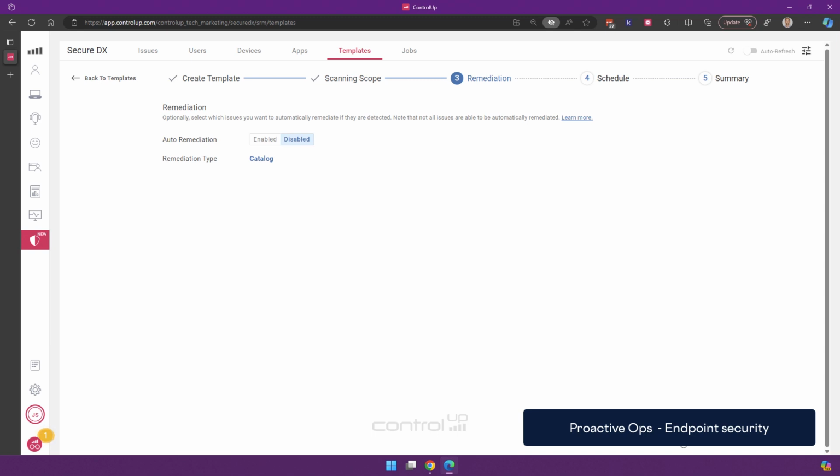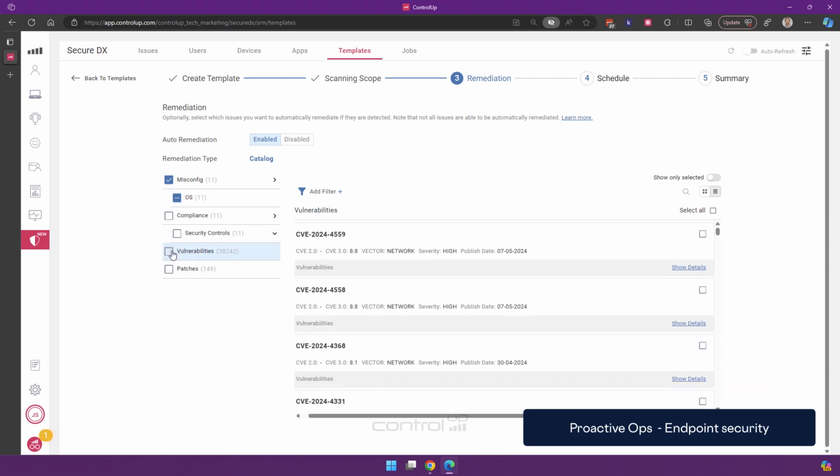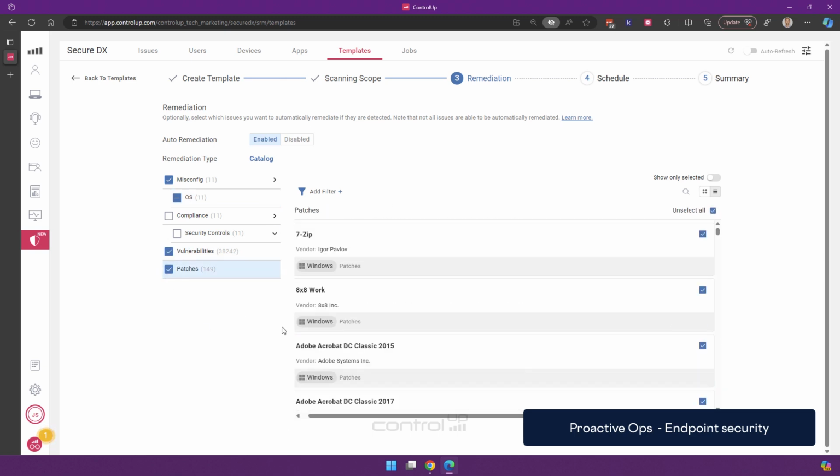And this is just where it will scan the device. So first, the agent will scan what is present on this device based on this list that I just configured. Then the next thing, especially important when you want to be proactive, would be to auto remediate. So for those items that can be remediated through a piece of software, for example, some of these configuration settings we talked about, I can say, okay, I can change these settings automatically if they are not meeting the requirement that I set. And obviously, I want to always update all patches and all vulnerabilities for these devices.